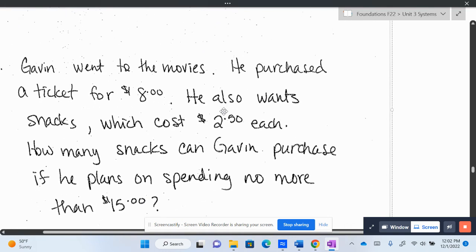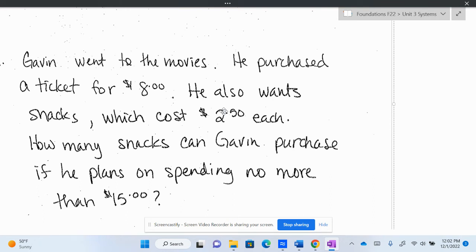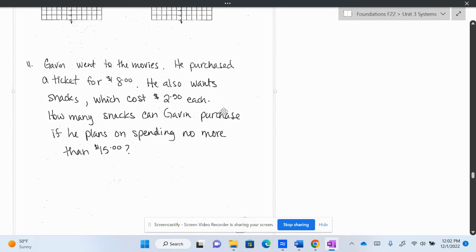Okay. Here we go. Gavin went to the movies. This is the word problem from your homework. We don't know which Gavin, just a Gavin. A Gavin went to the movies and he purchased a ticket for $8. He also wants what? Snacks, which cost $2.50 each. How many snacks can Gavin purchase if he plans on spending no more than